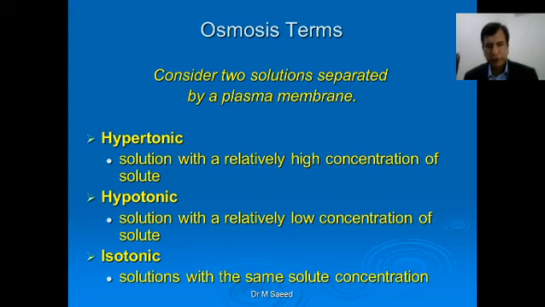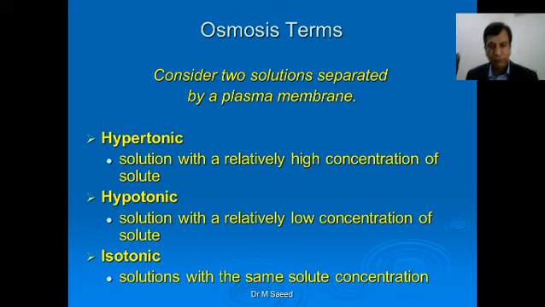If you place three chambers, the first one has a salt concentration, or sodium chloride concentration, of 0.9%, which is in fact isotonic with the RBCs. In the second chamber, you place a solution of 1.9% sodium chloride, and in the third you place 2.9% of the